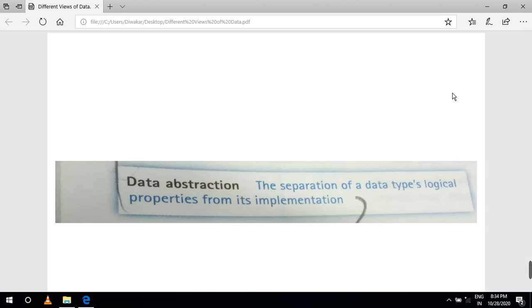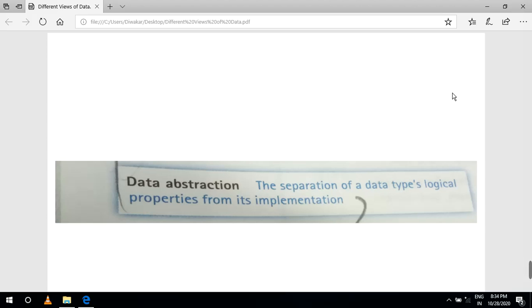Data abstraction is the separation of a data type's logical properties from its implementation. What are logical properties? A data type refers to a particular domain of values, and then the operations that can be performed on these values.